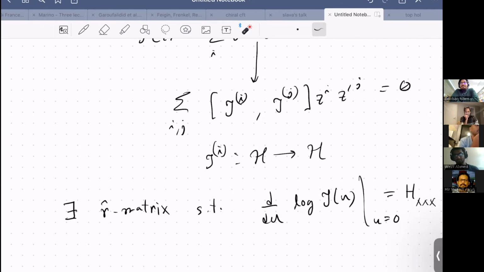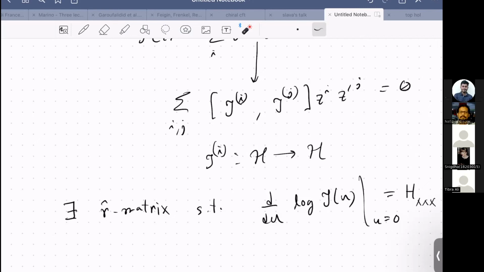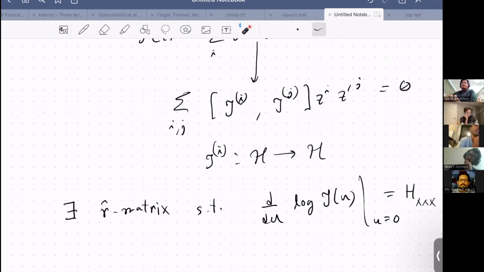Yeah, of course. You mostly talked about the XXX spin chain, right? Yes. But you can also do XXZ or whatever. Yeah. And I think there is a limit where the XXZ spin chain becomes like the Thirring model or something like that. Yeah. And I think you can also define these Thirring models in terms of this R matrix and this kind of thing and prove they're integrable. Yeah,